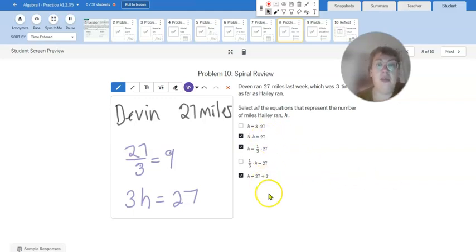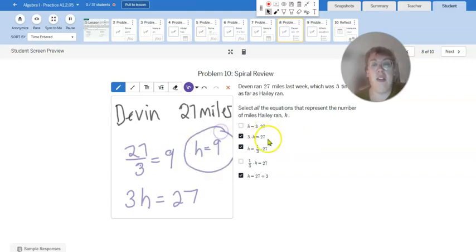Beautiful. So those are our 3 options representing how much Haley ran, all showing that she ran 1/3. Like for all of these equations, we would get that H for Haley is 9 miles, right? 27 divided by 3, 1/3 times 27, and 27 divided by 3. Okay,